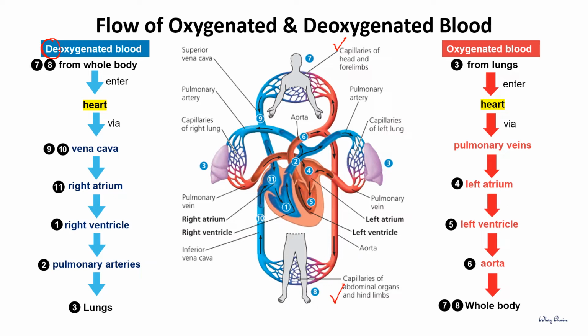The deoxygenated blood will be collected from the whole body and sent to the heart via the superior vena cava and inferior vena cava. The blood will reach the right atrium of the heart and be pumped into the right ventricle and into the pulmonary artery. The pulmonary artery is the only artery in the human body that carries deoxygenated blood,